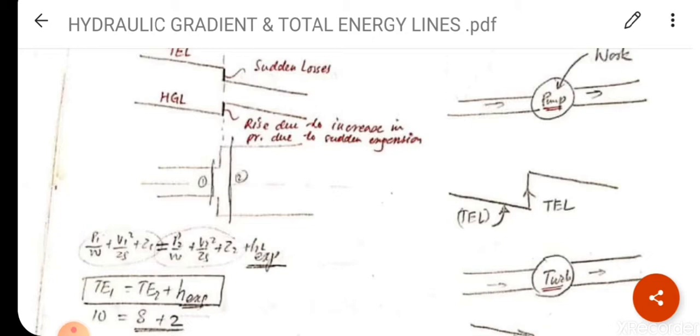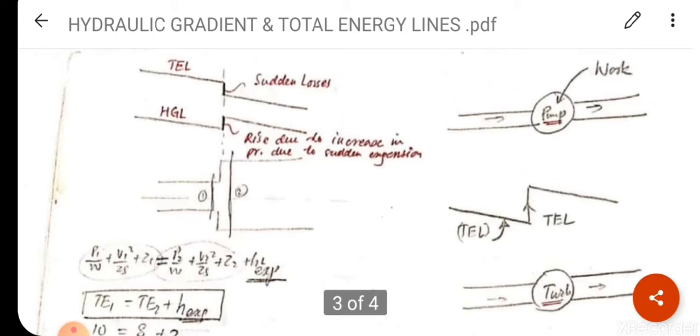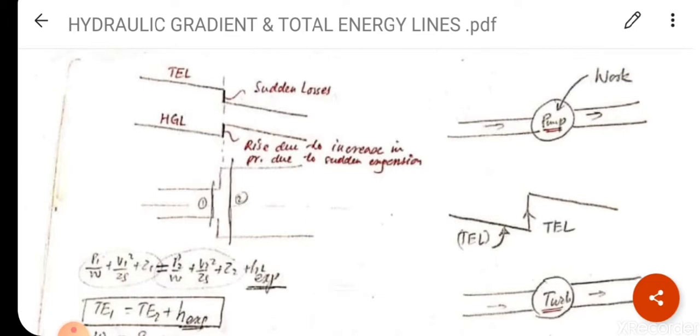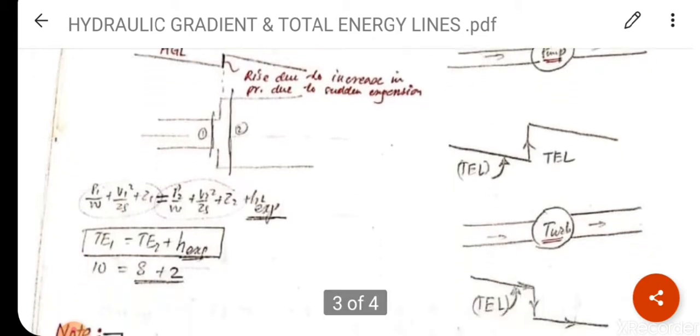Now see the another diagram, here I have shown fluid is flowing inside the pipe, in between there is a pump, and after that fluid is also flowing. What will be the effect? Means total energy line before pump is constant line. Due to pump, kinetic energy head is increasing, so total energy line will move in upward direction. After pump it will move as usual. Clear?